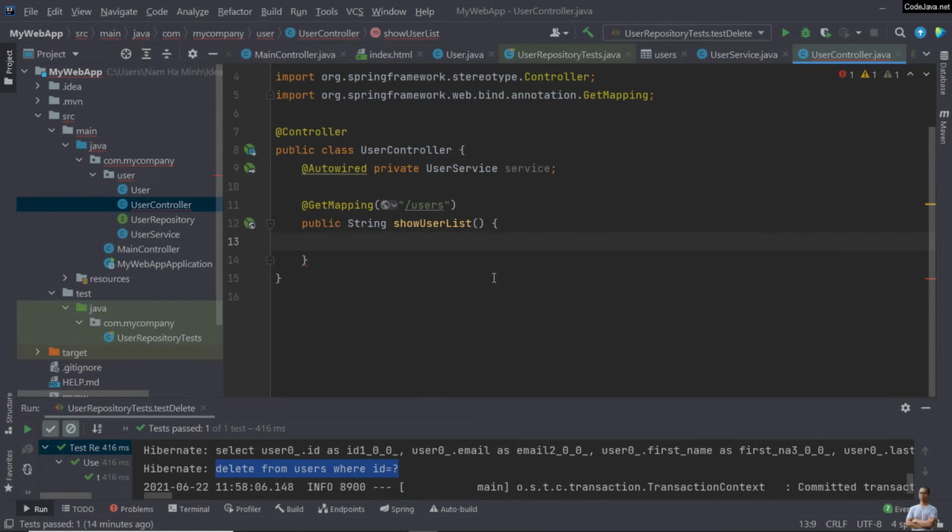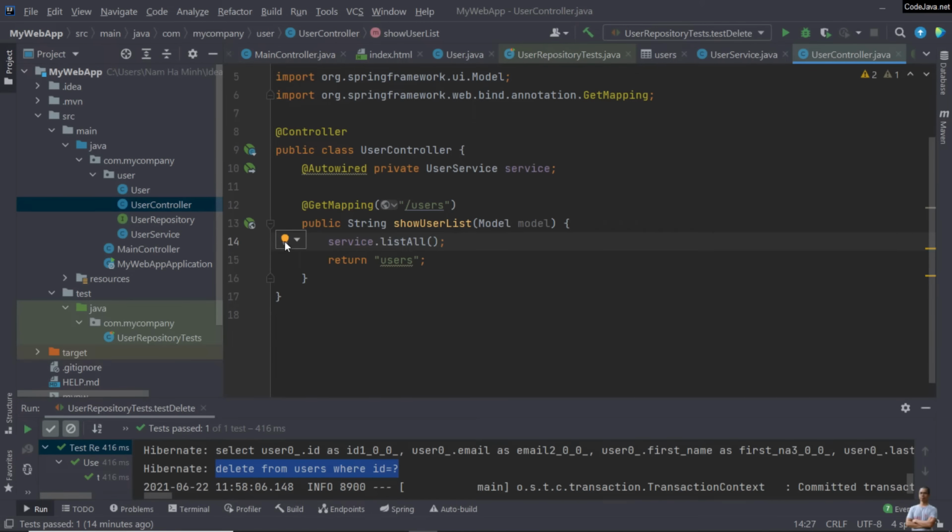And in this handler method, we need to access the Spring MVC Model object here, model, and we return the logical view name users. And here we call service.listAll()